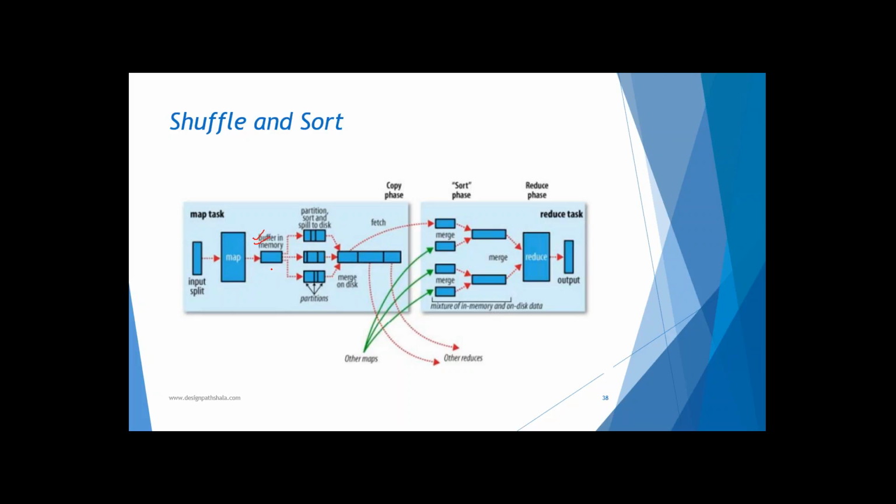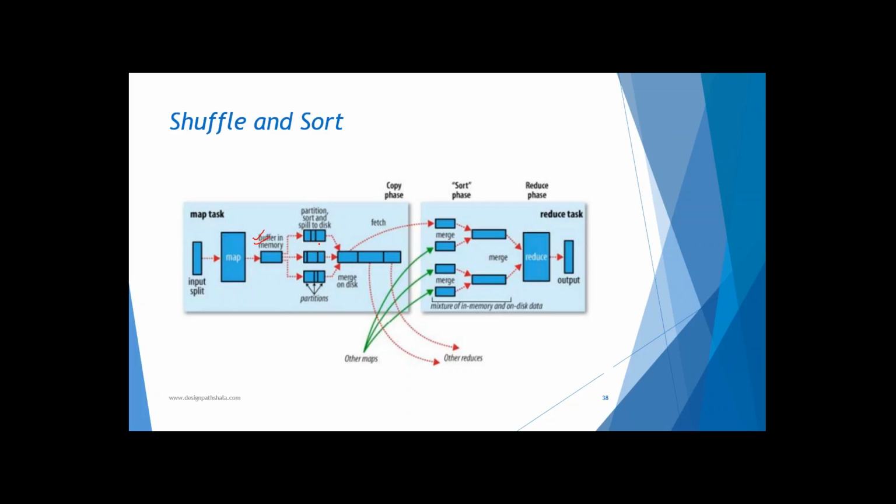Before this data is spilled, the data is partitioned, sorted, and then spilled on the disk. Partitioned based on the reducers, so if there are three reducers intended for this whole MapReduce cycle, this data will be partitioned into three different blocks, and each block will be sorted in it. So this is how the data is spilled onto the local disk